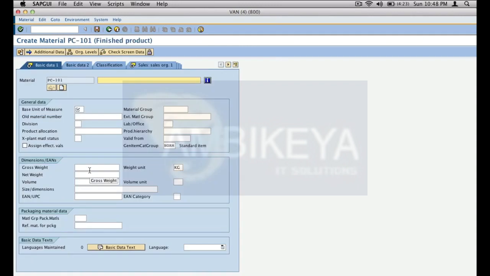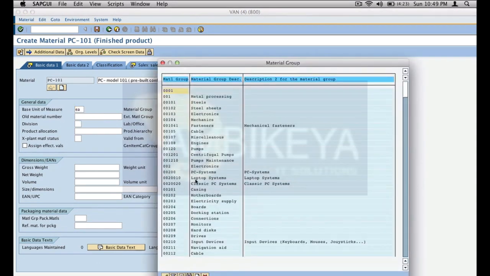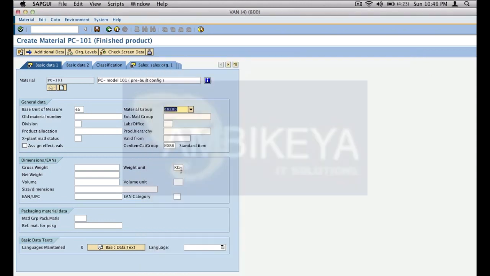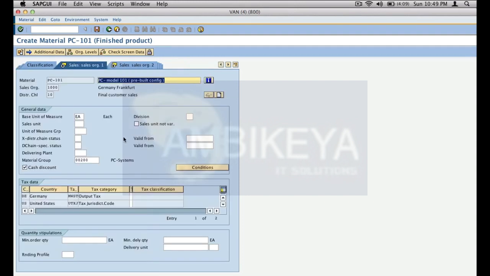and start to enter the description. Okay, this is a PC model 101 pre-built configuration. Okay, the unit of measure is, let's say, each or PC, whatever you like. Let's select a material group if required of PCs, but it's really up to you. You don't need to choose it. If you want, you can put some weights, volumes, but not really required. Enter